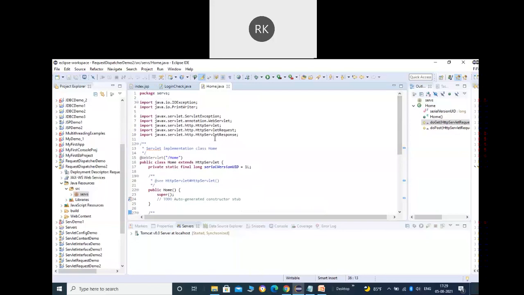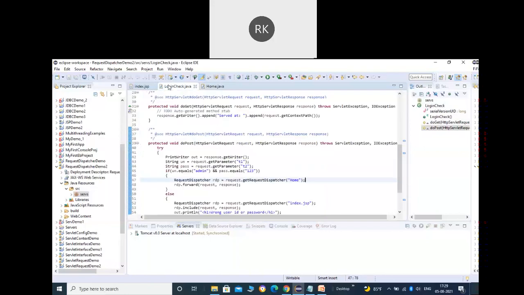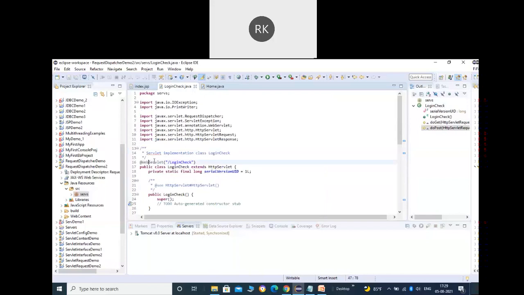Let me add a very simple message, h1, welcome to home, h1. Alright. Now we are done with the example and we are not required to define the URL pattern, because you can see we have made use of the annotation WebServlet.